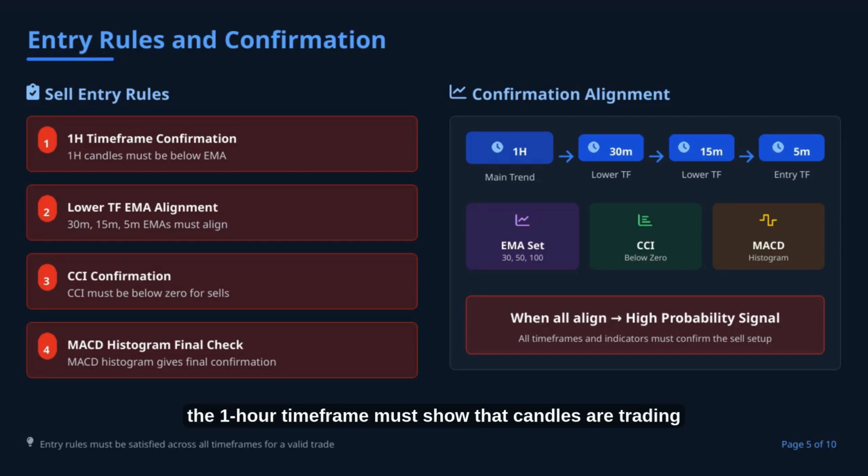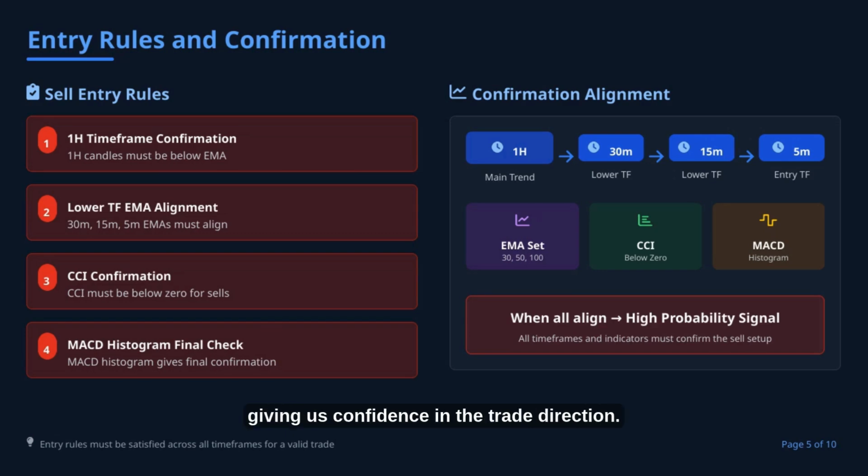For a sell entry, the 1-hour timeframe must show that candles are trading below the EMA, confirming the main trend direction. On the lower timeframes, 30 minutes, 15 minutes, and 5 minutes, the EMAs must all align consistently with the 1-hour trend. Additionally, the CCI on these timeframes needs to be below zero to support the bearish momentum. The MACD histogram provides the final confirmation, signaling the strength of the sell setup. All these signals across the 1-hour main trend and the 3 lower timeframes must match perfectly for a high-probability trade. This alignment of multiple timeframes and indicators ensures that the entry rules are met clearly, giving us confidence in the